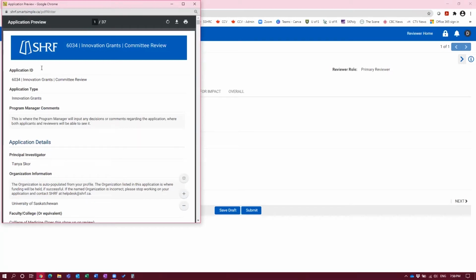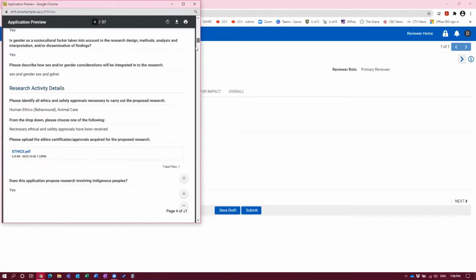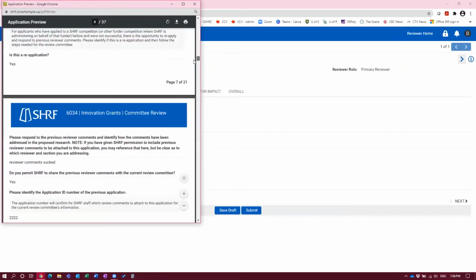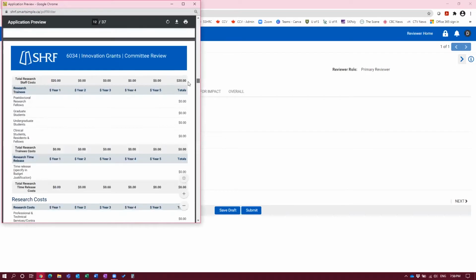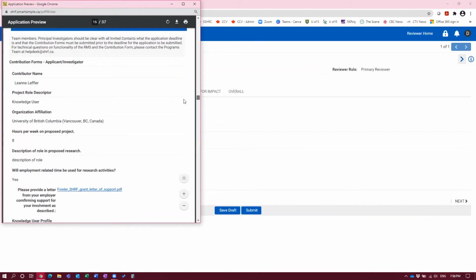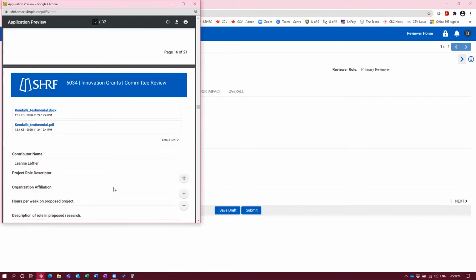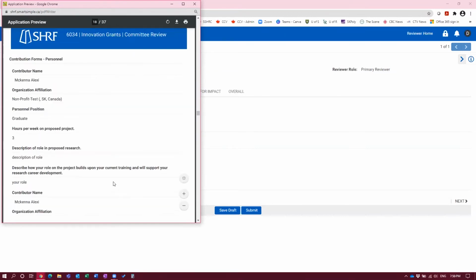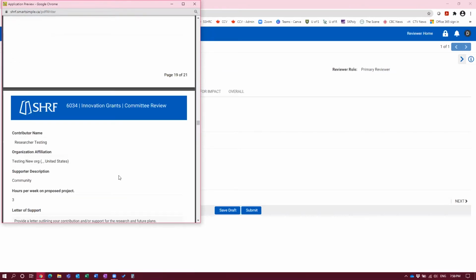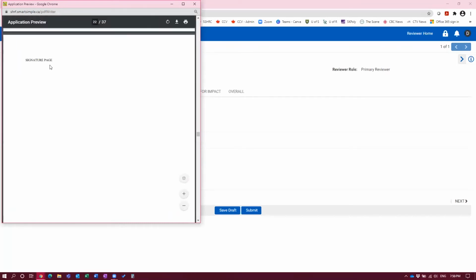So as you can see, everything is in here, the full application. You'll see the RMS information first, and then budget, everything like that. And as you keep going through, everything will be in place, but you will have to do a bit of jumping back and forth when it comes to any kind of attachments. With our system, that is one thing, is that the attachments don't embed themselves right in there. But what we try to do is make it